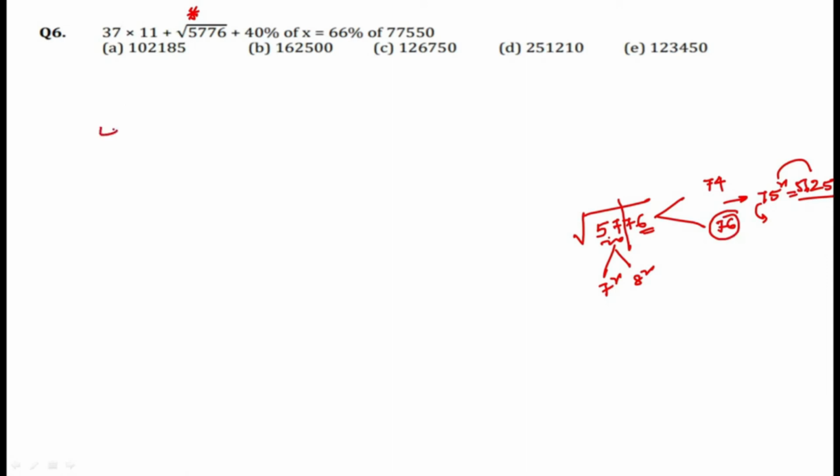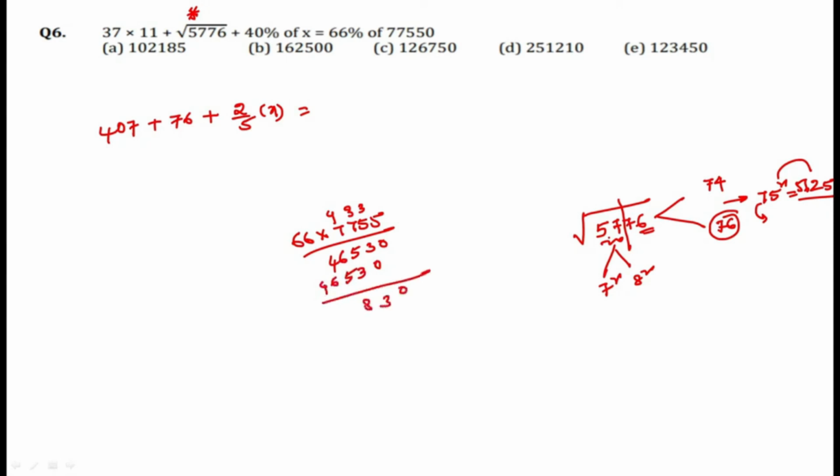Now 37 into 11, the value becomes 407. The next value, we need to add 76 here. And 40 percent means 2 by 5th of x is exactly equal to 66 percent of 77550, that is 77,550. Now it's completely based on the calculation, guys. So 66 into 7755. Now 6 5s are 30, 33. So 6 7s are 42, 45. 6 7s are 42, 42 plus 4 is equal to 46. Again 0, 3, 5, 6, 4. 0, 3, 8, 11, 11, and the value becomes